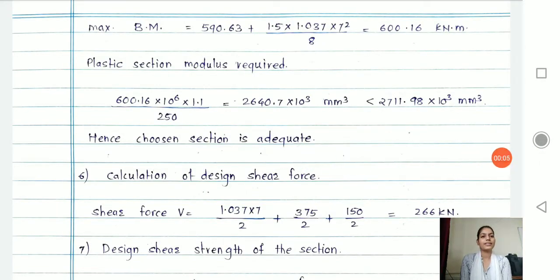Hello students, in today's session we will discuss the same problem which we started in the last session. Due to some reason that got interrupted, and I have to continue that problem in this session. I hope you have visited that problem and understood that we were discussing a beam problem.